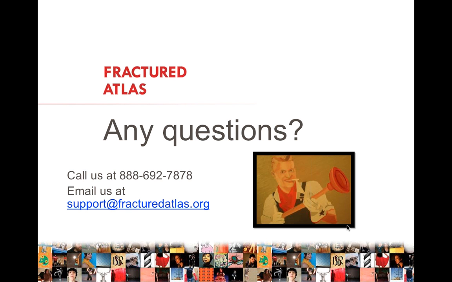What if our project has already received grants prior to fiscal sponsorship? What is Fractured Atlas's role, if any, in regulating these funds? So Fractured Atlas does not regulate grant funds that you've received prior to fiscal sponsorship unless you want the money to come through us. So let's say you applied for a grant a couple of months ago, and the funder is telling you, now we're going to give it to you, but we want you to have a fiscal sponsor. Obviously, that money would then need to come through Fractured Atlas, and we would handle it the same way we handle all grant and income for fiscally sponsored projects. But if this is a grant that you've already received and it's come to you,